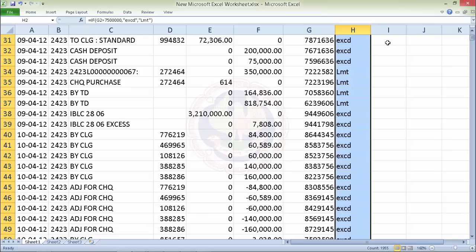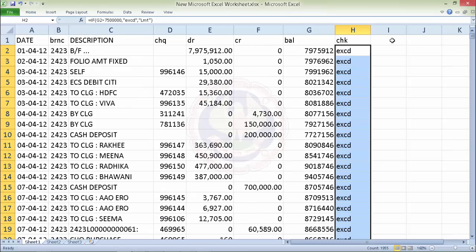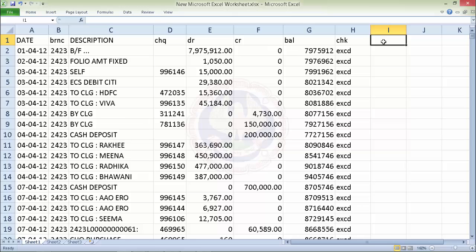Now, how do I find out day end balance in this? For that, again, I write one more formula, day end balance. Now, what is day end? For that, I write one more IF formula, IF double bracket open. What is day end? The second date minus first date is greater than 0. The difference between second date minus first date is greater than 0, then